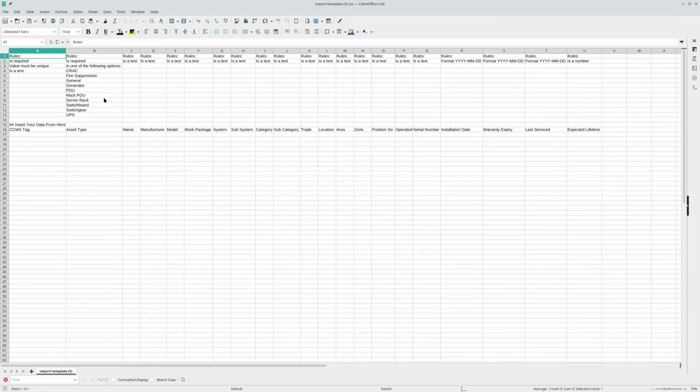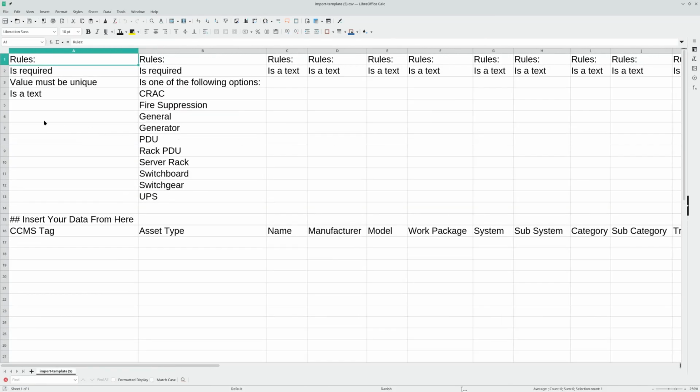So now you can see here, we've got a lot of different columns. The most important ones are the ones that say required, so these two here, because they must be filled out. The rest is purely optional. So let's try to add in some